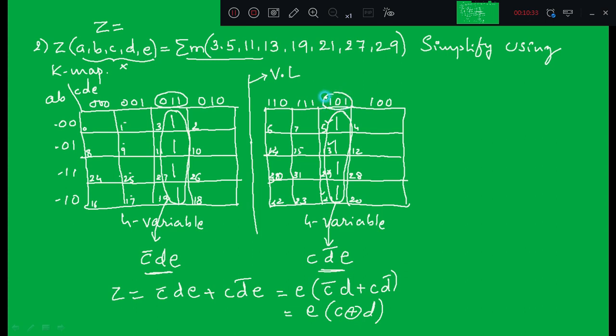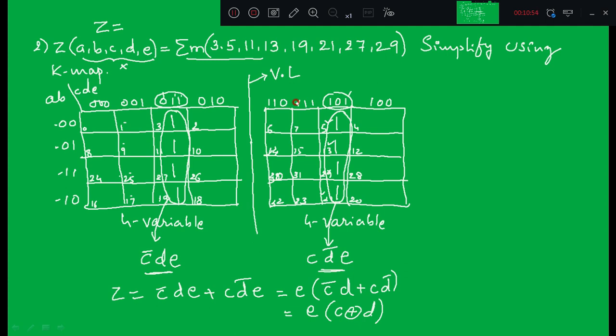So you can also observe from these two binary combinations, right? So they do not differ by only one bit, right? So here it is 0, here it is 1, here it is 1, here it is 0, and here it is 1, here it is 1. So these two combinations differ by 2 bits, right? So from that concept I cannot tell these two groups are logically adjacent, right?